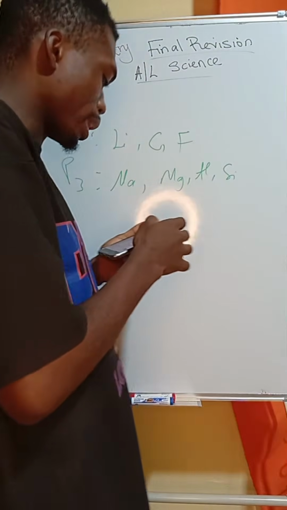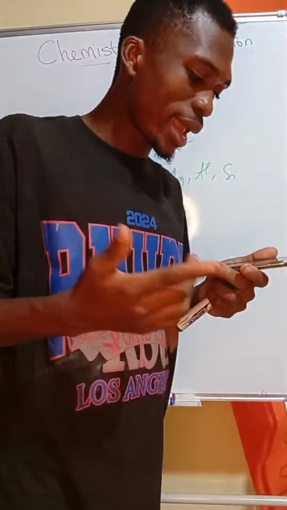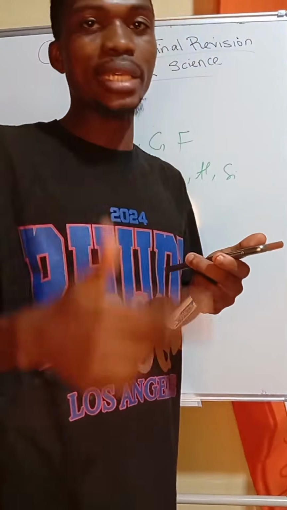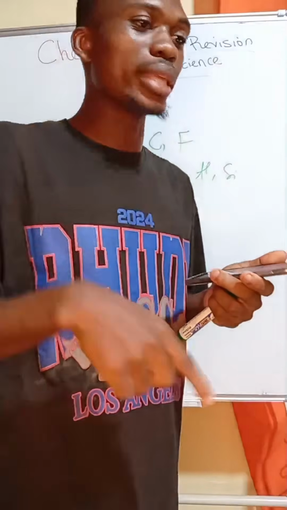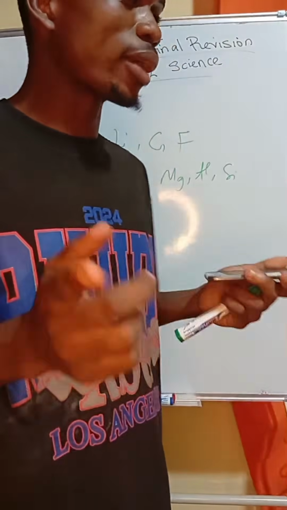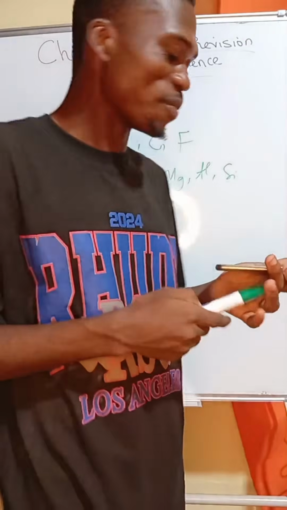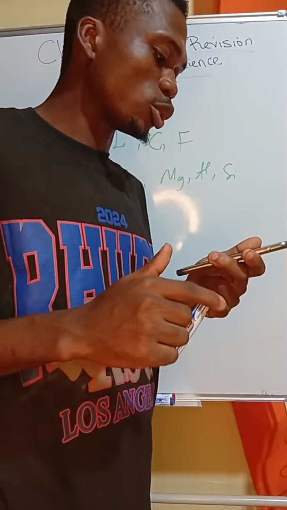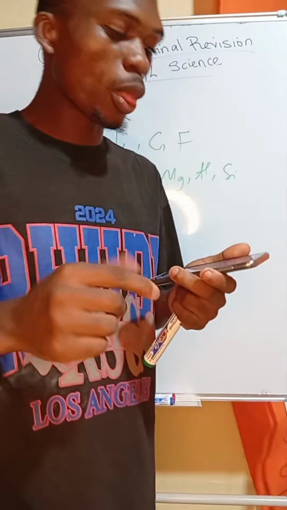Exactly. Now, in the periodic table, why are lithium and magnesium diagonally placed? This question keeps coming all the time. Every year, you will still write it this year. The diagonal relationship, you still write it. Diagonal relationship, give the diagonal relationship. Lithium and magnesium. So the question is, in the periodic table, why are lithium and magnesium